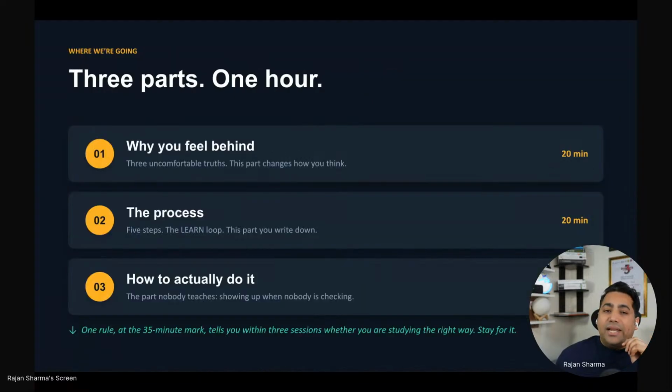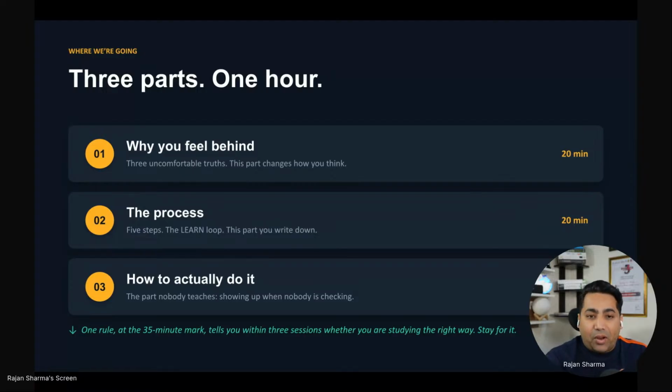So let's break it out in three parts, like the entire journey we are going to do. We will discuss the current situation, how you feel, what current situations you have. If you can align with me in the next 10 or 20 minutes, trust me, if we are on the same page, this session is going to solve your problem.